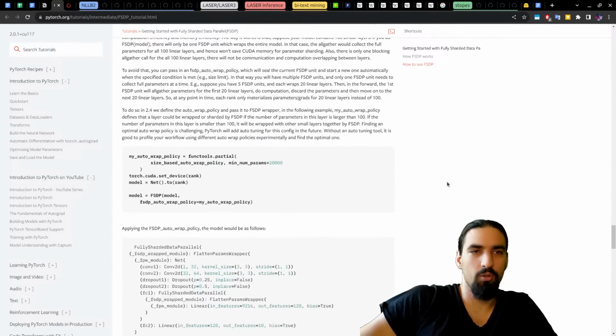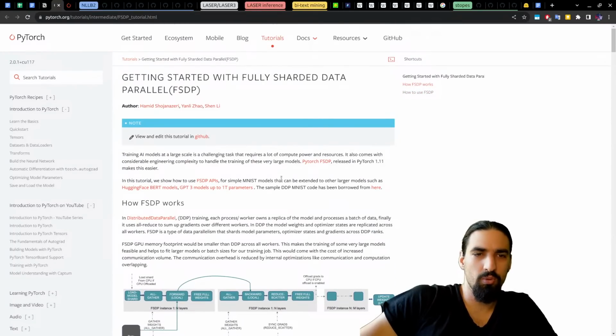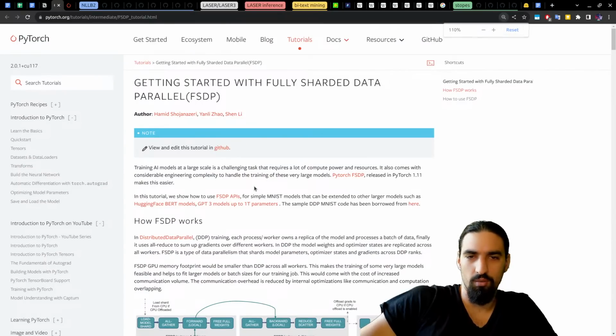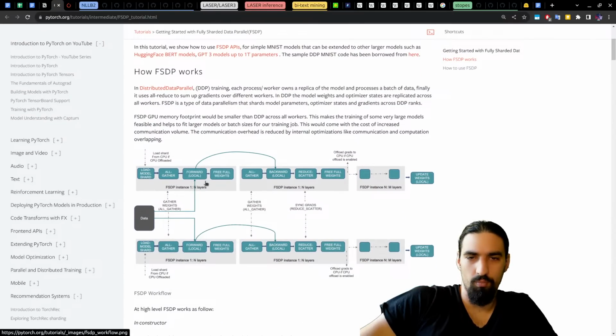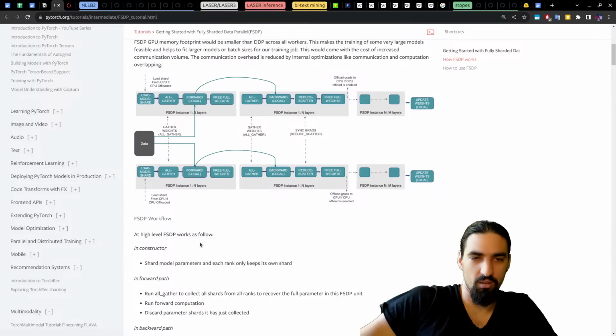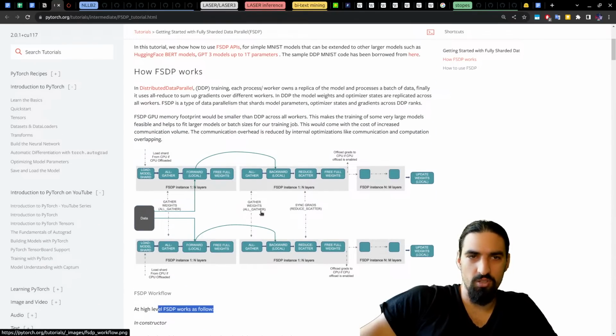There are some good tutorials for this, which we don't need because we'll be doing everything in Fairscale. Here's a bit more detailed explanation, a visualization of how it works.